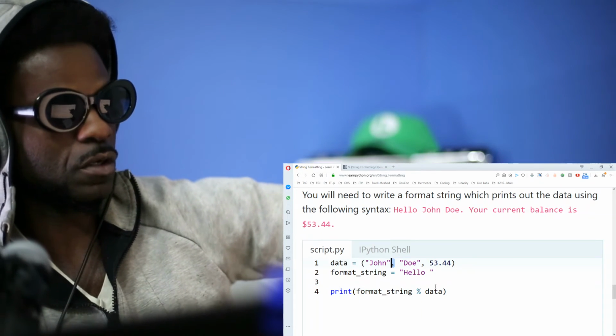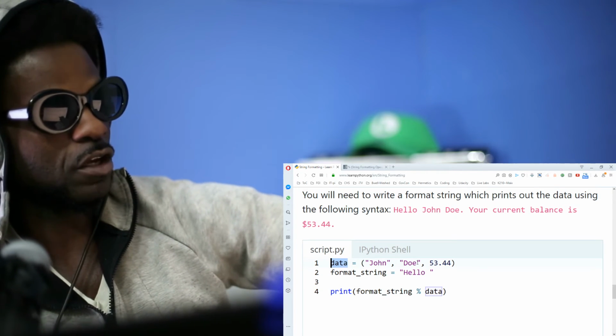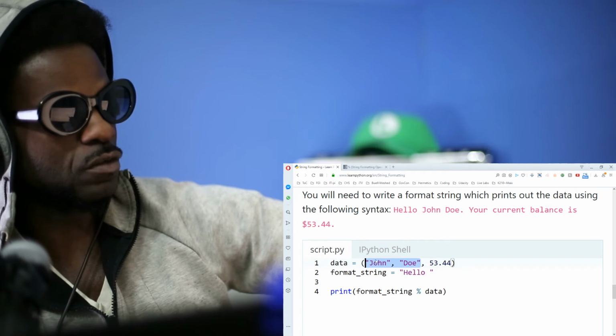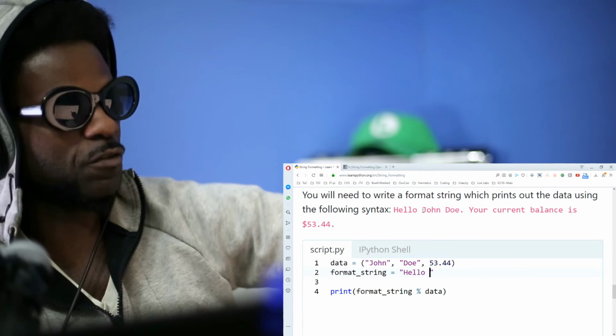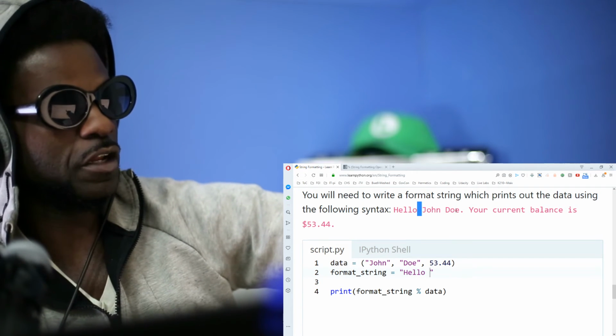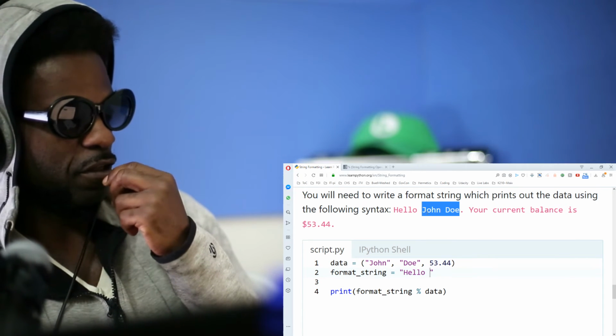So with this data being called for the data right here, it calls John and Doe, right? So if I put hello space, the space should account for this space right here, and it should put John Doe, right? And then if I put